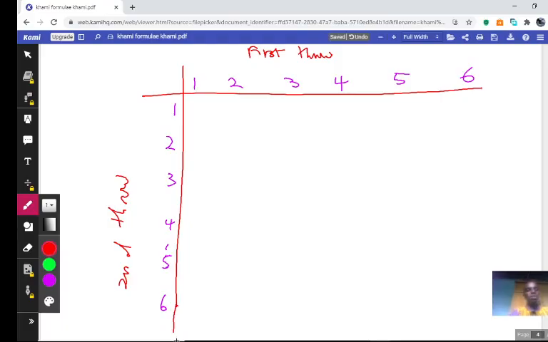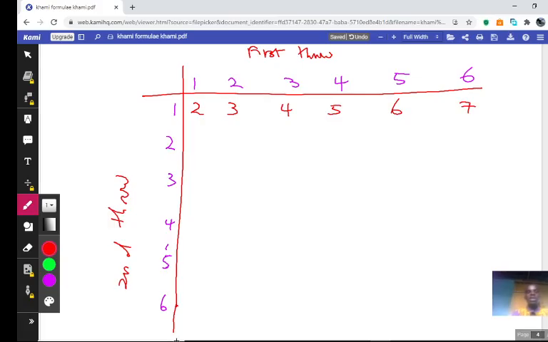So for example, if you get a 1 on the first throw and a 1 on the second throw, it will be 1 on the first plus a 1 on the second. Total will be 2. That's on this first part. So it will be 2 here. Or you can get a 2 on the first and a 1 on the second. Total, it will be 2 plus 1. It will be 3. Or you can get a 3 on the first and a 1 on the second. 3 plus 1, it will be 4. Or a 4 and a 1, total will be 5. Here will be 6, will be 7.